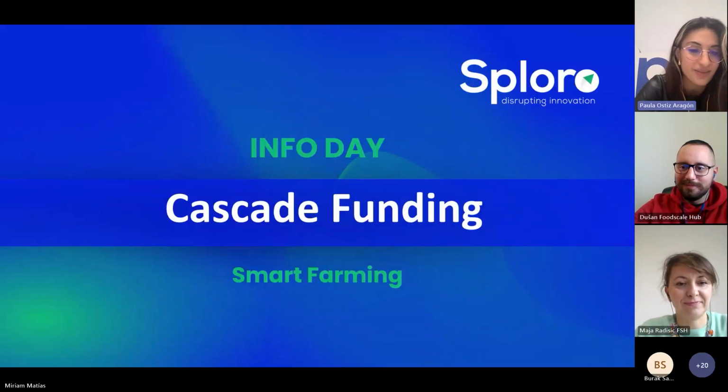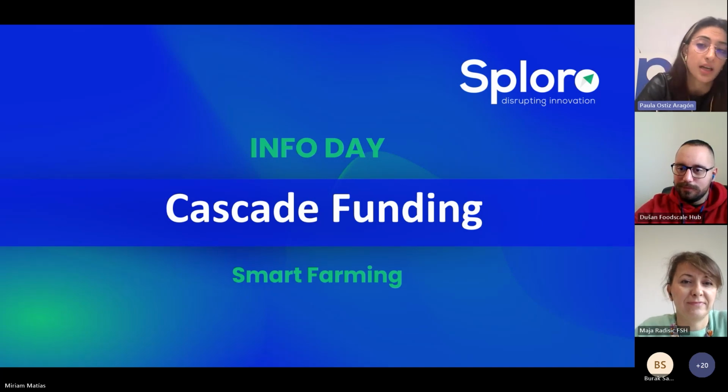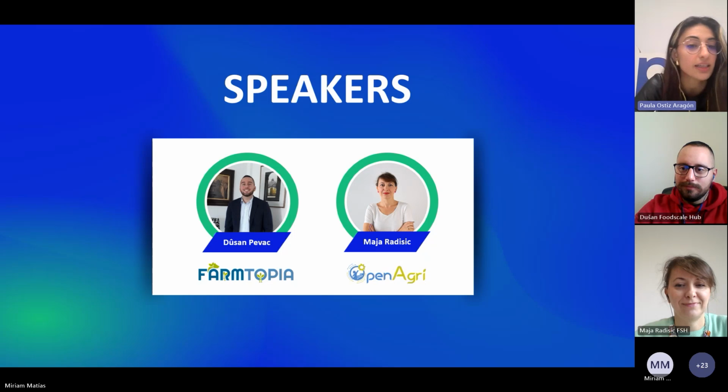All right, so today we're diving into two significant open calls that support agricultural innovation. These are OpenAgri and Farmtopia. These initiatives aim to democratize access to advanced digital solutions for farming, especially for smaller scale rural agricultural operations. Agriculture is undergoing a digital transformation nowadays, with tools like AI, smart sensors, and data analytics driving sustainability, productivity, and food security forward. So current funding opportunities, like the ones we have here today, invite agri-tech innovators to contribute to this shift. So join us to explore these open calls.